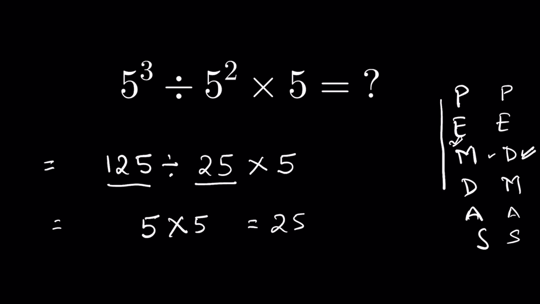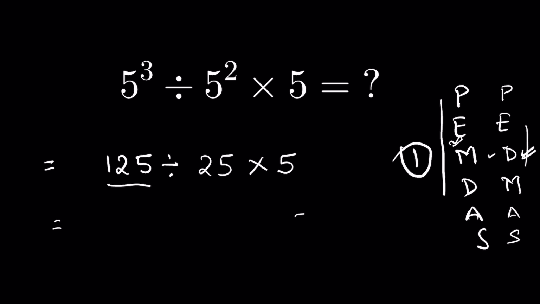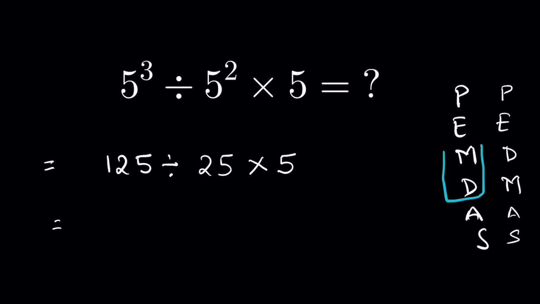So in one method you are getting 1 as the answer, while in PEMDAS you are getting 25 as the answer. Which will be the correct answer? And why two different answers? We are getting two different answers because multiplication and division have equal priority. We cannot give multiplication any precedence over division or division any precedence over multiplication, because you see, division is nothing